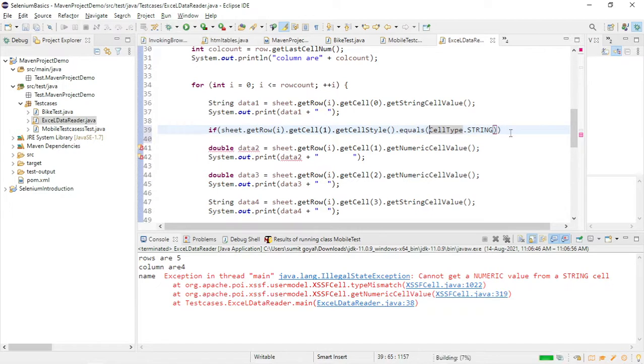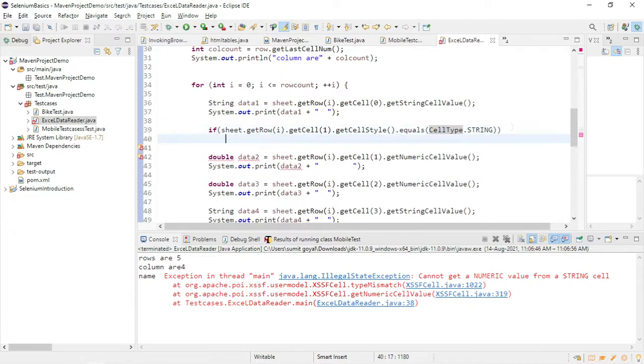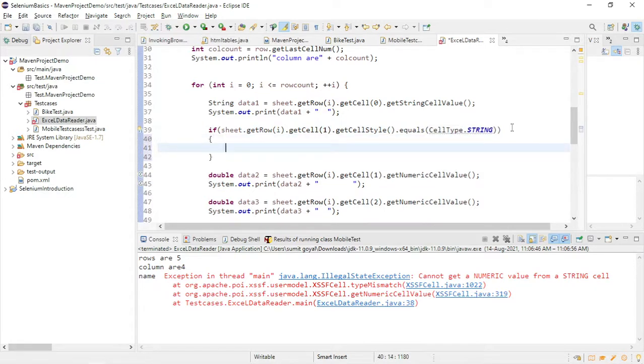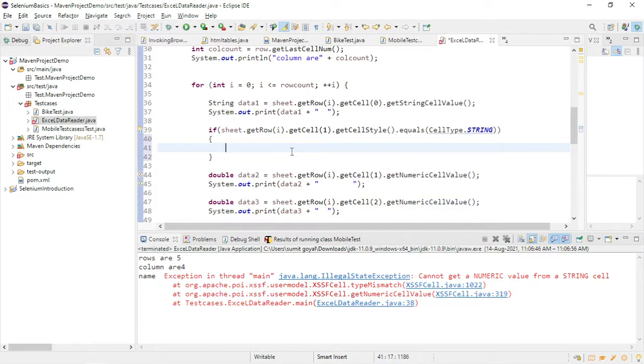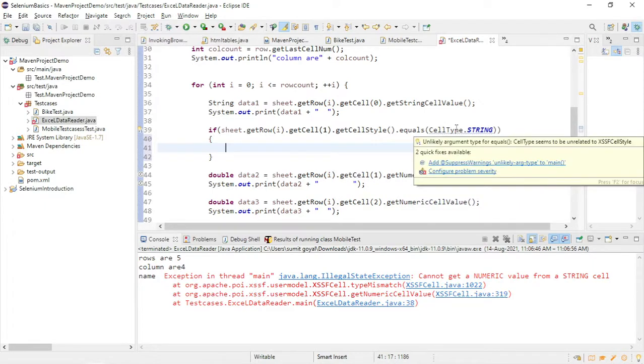Okay, so now once we put it, basically I'm using dot equals. So basically we need to compare the string. So get cell style returns the cell style. So whether basically it is the string or what is now this one.